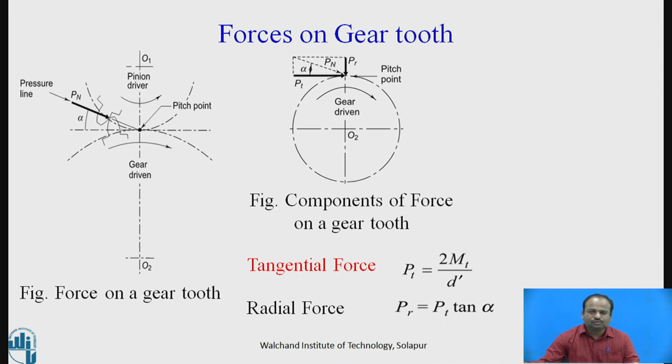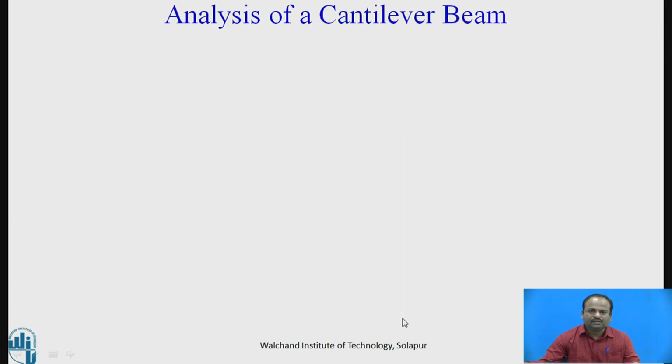So Pr is equal to Pt tan alpha. This is the relation between Pr and Pt. So once we know the tangential force, we can calculate the radial force. Now before going to derive the beam strength equation for the spur gear, we will see the analysis of a cantilever